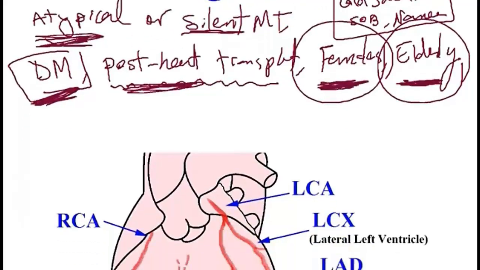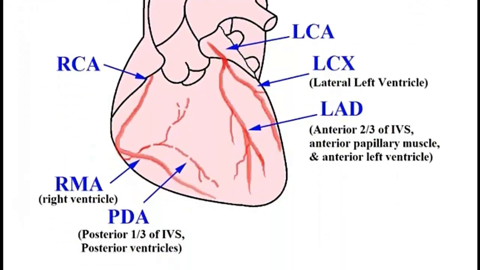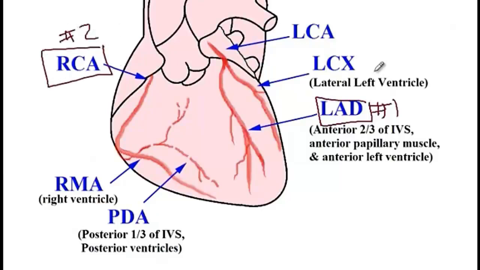So the heart vessels that are usually occluded in these patients include the left anterior descending, and this is the number 1 cause of occlusion. The next one is the right coronary artery. This is the number 2 cause. And then finally we have the left circumflex artery, which is the number 3 cause of the occlusion and causing